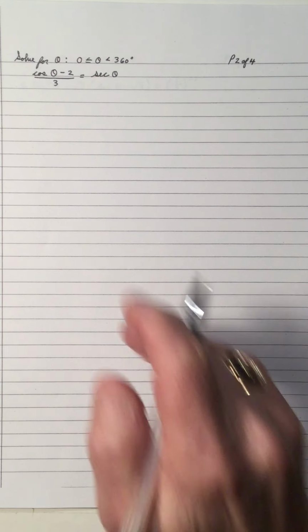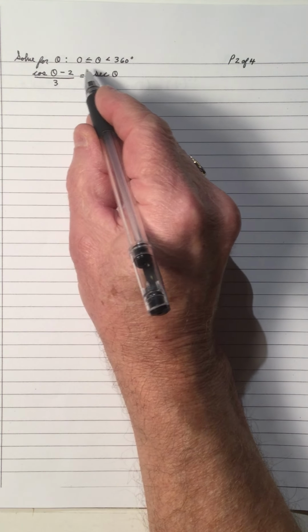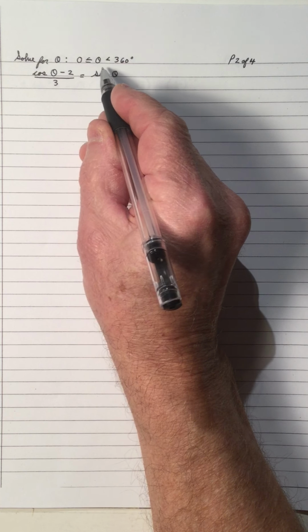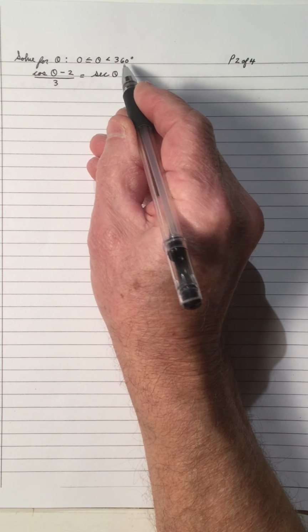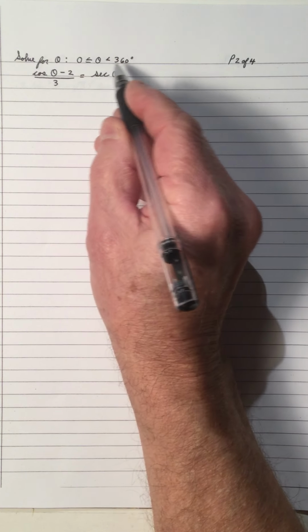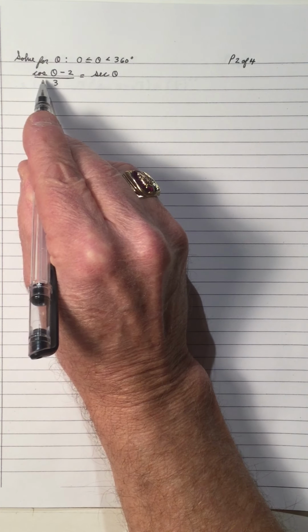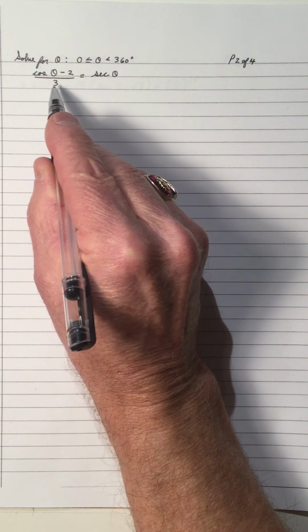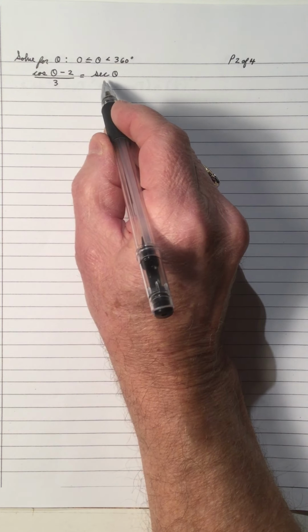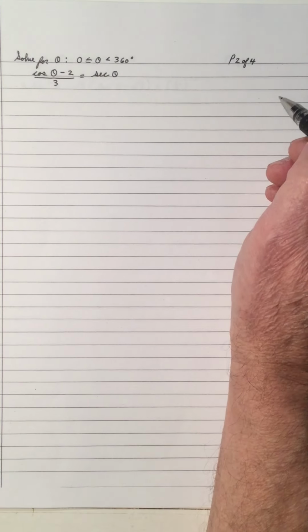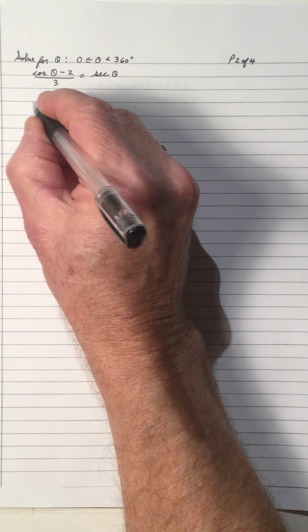And the first one, solve for theta, 0 is less than or equal to theta, less than 360. And notice it's in degrees. When I look at the equation, I have cos theta minus 2 divided by 3 equals secant theta. So we have to change secant theta